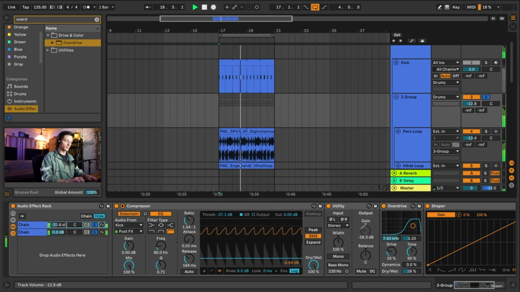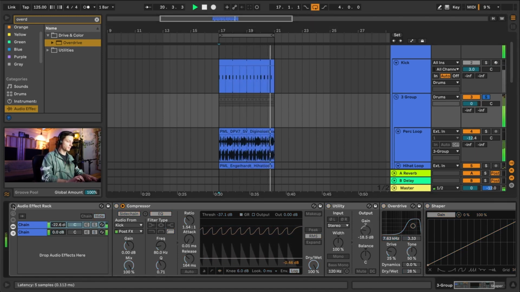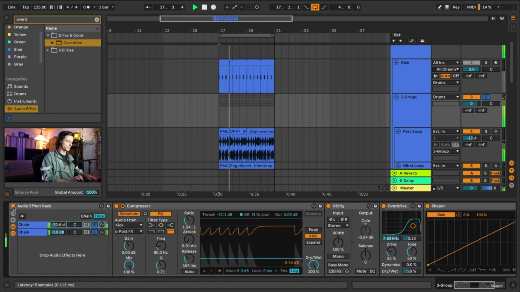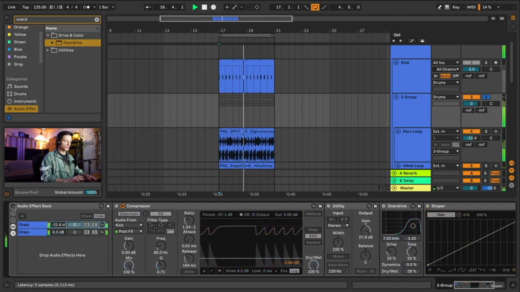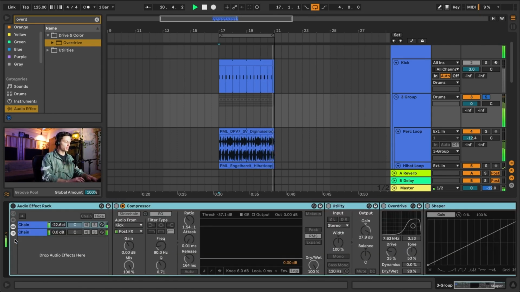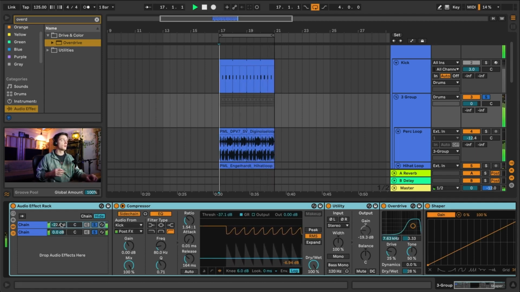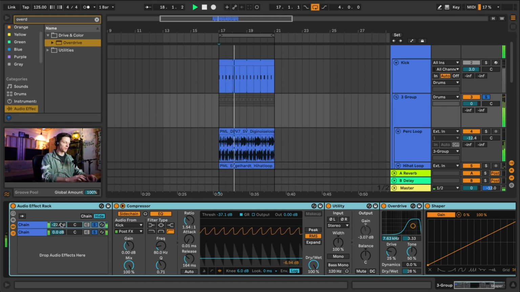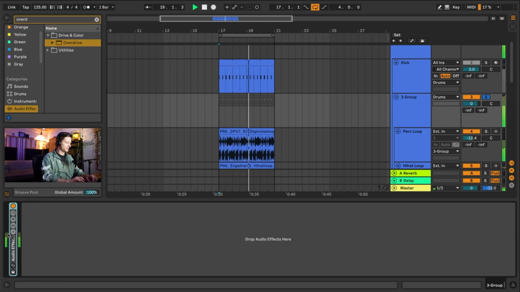The volume has to come up again. So this is just a really simple kind of trick to set up a parallel chain to make percussive sound punch more. I like doing this. This gives it more grit, more high-end excitement, and I quite like how it turned out. If I turn it on and off,